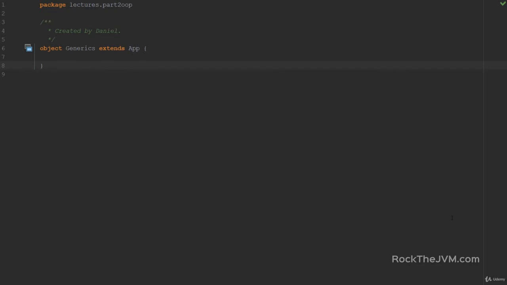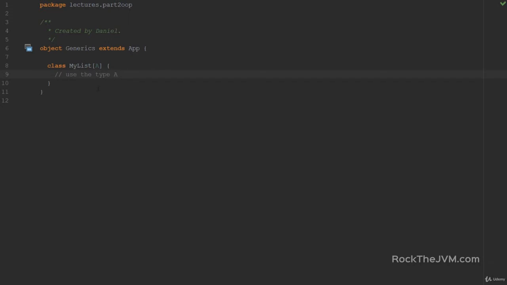So collections are a powerful use case where we would want a collection that could store elements of a certain type. So the way that we do that in the Scala generics world would be to define a class mylist parameterized with a type A, like I wrote here. So the type A here in between square brackets denotes a generic type. And once you define that, you can use the type A